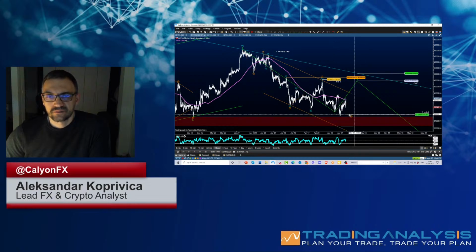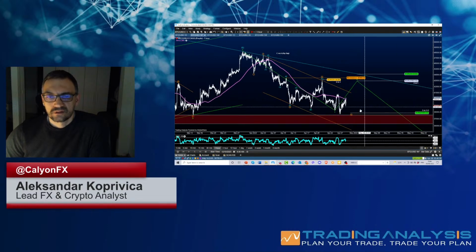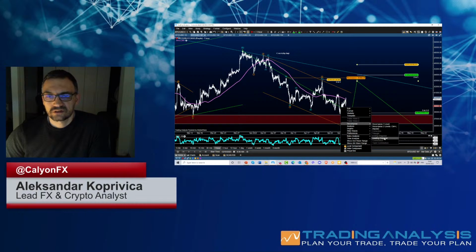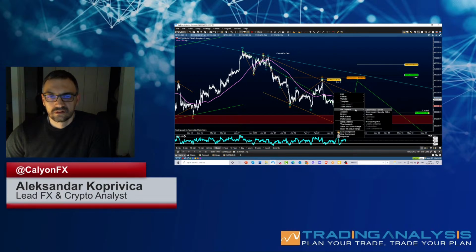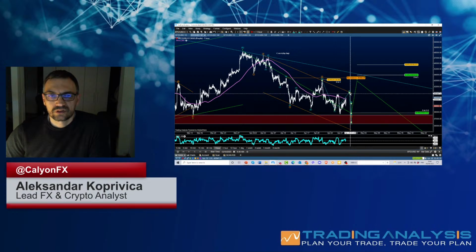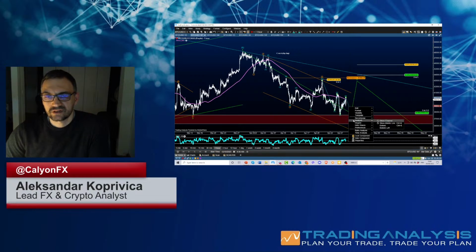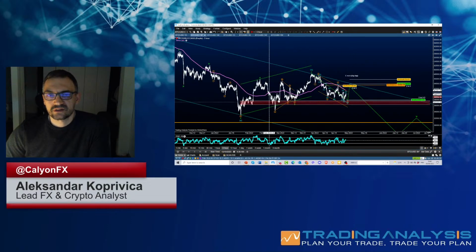Let me just work this out and have something like this. So actually this will be some type of development in some type of an ending diagonal here and then retracement. Of course, we will see that if this occurs, but anyhow, if you look even at the 3-hour chart, it's just consolidating